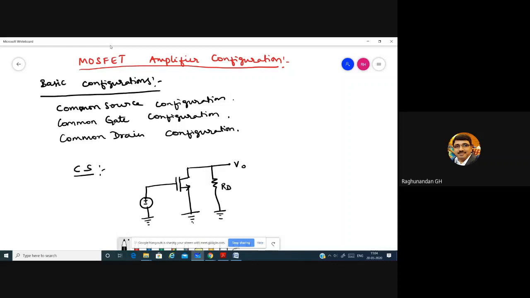So this is the drain resistance we are having. This is the common source configuration, where this part is your output circuit and this is your input circuit. Since this emitter terminal is common for both input and the output, sorry, not the emitter terminal, that is the source. Source terminal is common for both input and the output. It is known as common source configuration. The same way, we have common gate configuration.